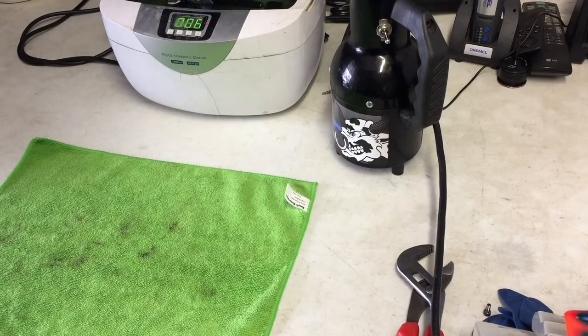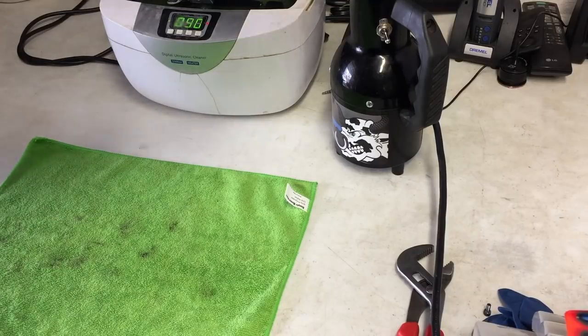Okay, so now we're almost done with the 480-second cycle with the ultrasonic cleaner. From there, if needed, you can take a paintbrush or a toothbrush and scrub any little dust and debris that's maybe left on the parts. But for the most part, with the hot water and Simple Green, the majority of the parts come clean without any scrubbing required. So from there I'll pull the parts out, and then I have